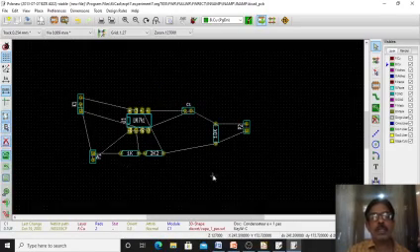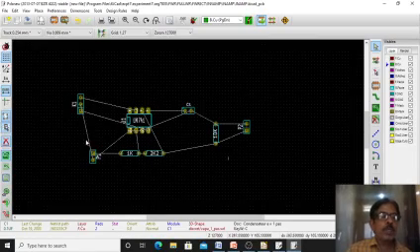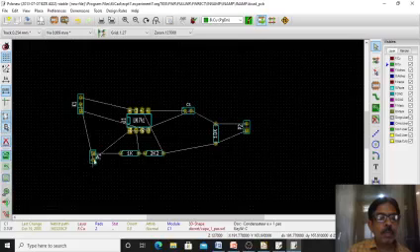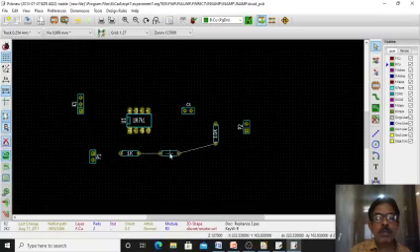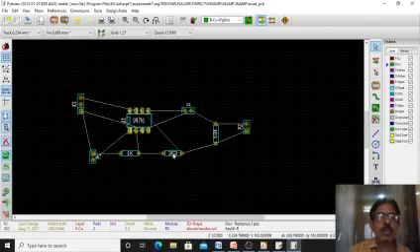Then port 1, almost all are over. This 2.2K is very near, so I will move it a little bit. Now we can check.